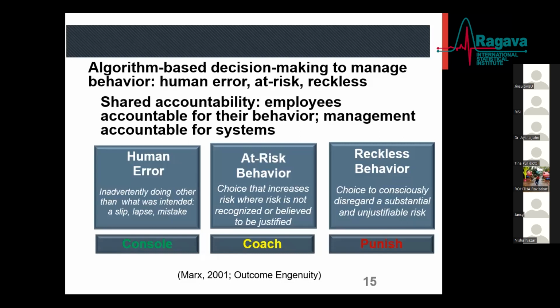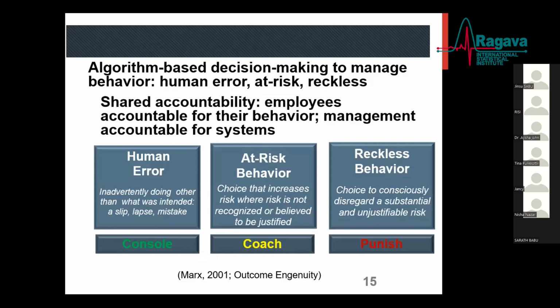For instance, by mistake, the staff is supposed to give an antibiotic, say 1 gram, and she gave 1.5 gram, or she has to give it to patient A, and by mistake she has made some error. That is when we investigate, as Dr. Aysha talked about the decision tree. When we investigate, we know what was there, what was the reason behind. So if it is a human error, we have to console.